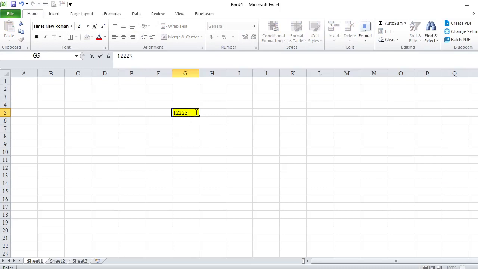We can make text, whatever, and maybe if a calculation is done, it may display some error value. This has its own reason, we'll come to that.